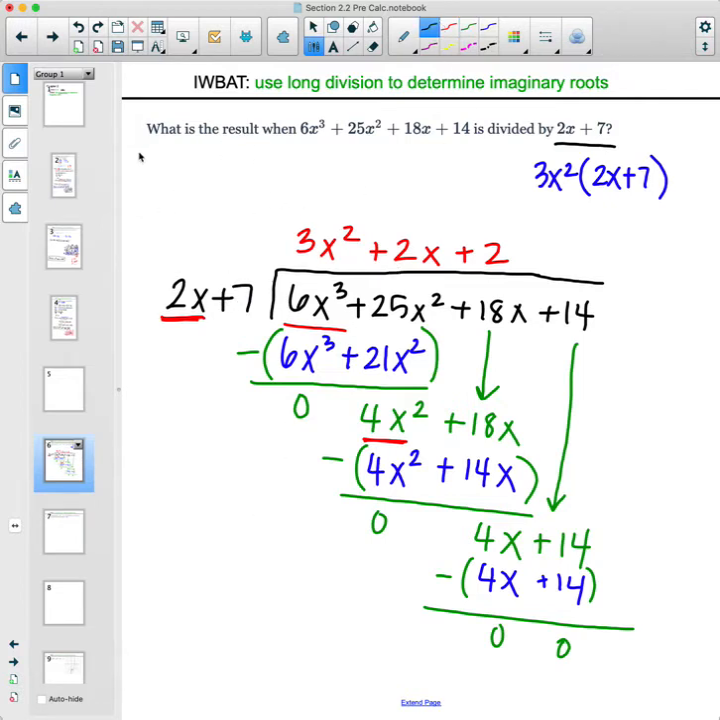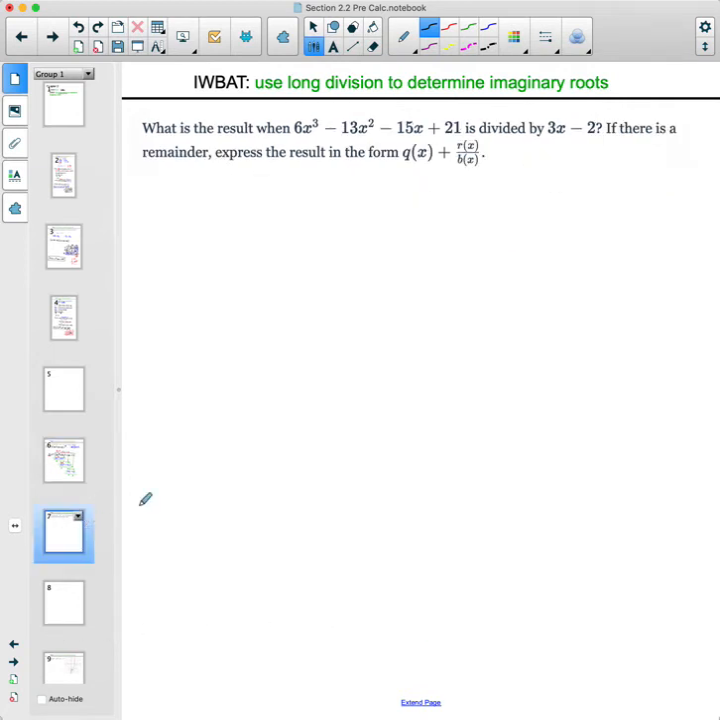So if you were factoring it, you could write it like this: 2x plus 7 times 3x squared plus 2x plus 2. This is going to equal that original polynomial. So if these equal 0, you end up with a factor. Otherwise, we could have a remainder, which is going to happen in this one. Okay, so we're going to divide